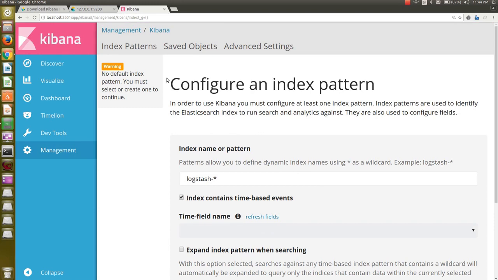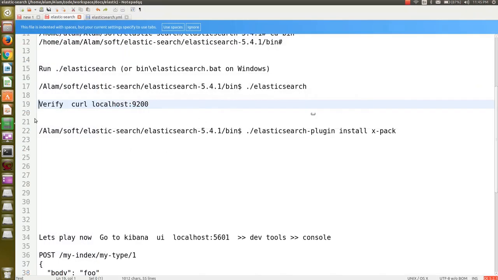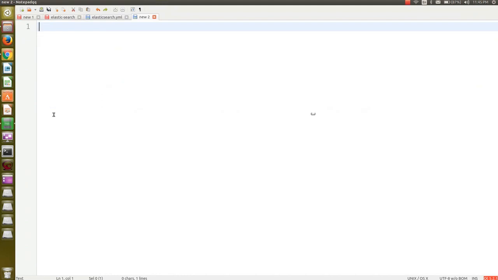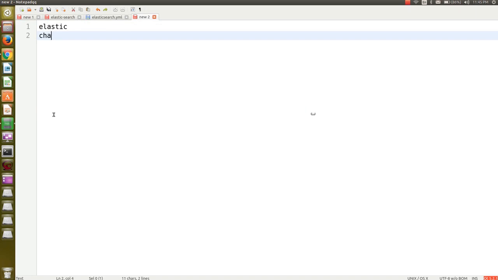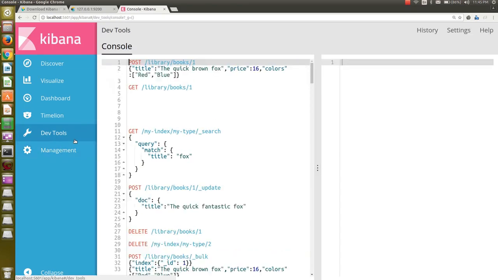And we logged in. Just for your information, since it looks like I was already logged in, it directly pushed me to the home page. If it asks for username and password, if you install it for the first time, it's gonna ask for username and password. So the username is elastic and the password is changeme. So I'll be going to DevTools and let's play around.